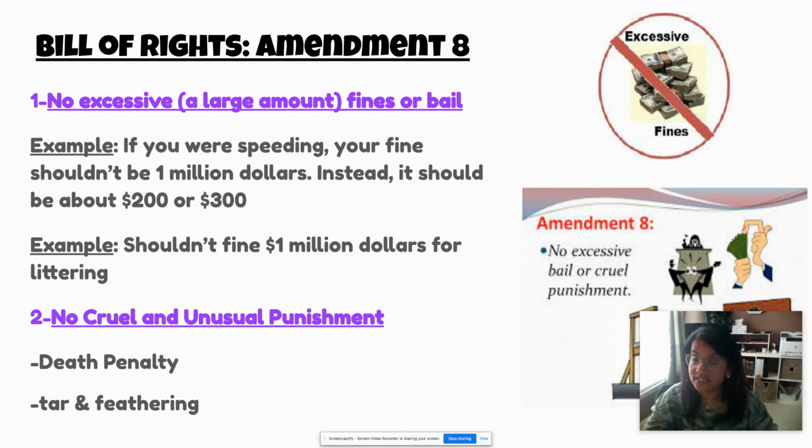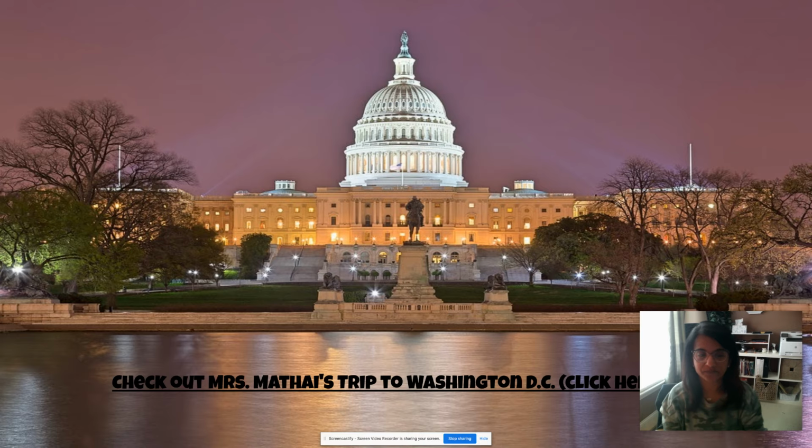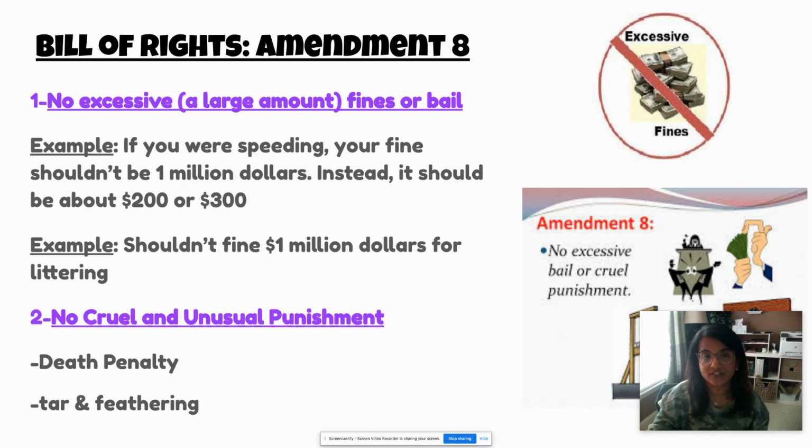Back in the old days, in the 1700s, when people wouldn't pay their taxes or certain things, they would literally throw tar, this black liquidy stuff, on them, and then they would put feathers on them. Imagine the sticky stuff sticking with the feathers. Horrible. So they would have some really cruel and unusual punishment. All right. So I know I didn't do exactly all 10. There were a few amendments there that we don't need to get into, but those are the big 10 amendments for the Bill of Rights.